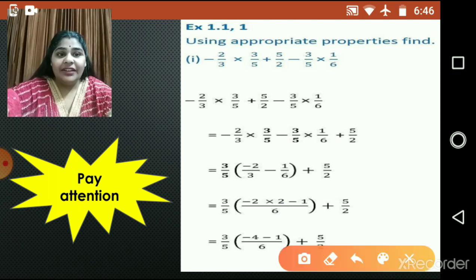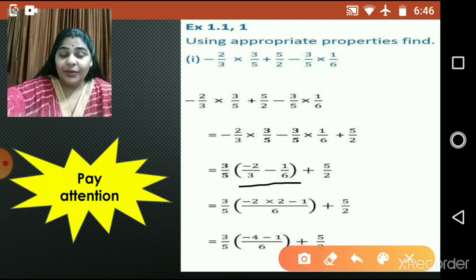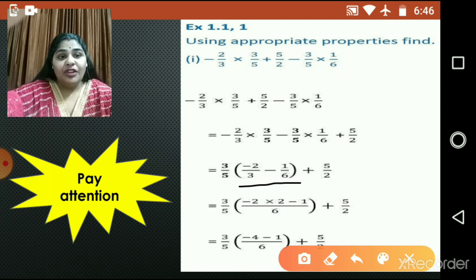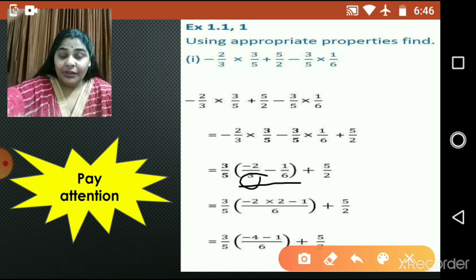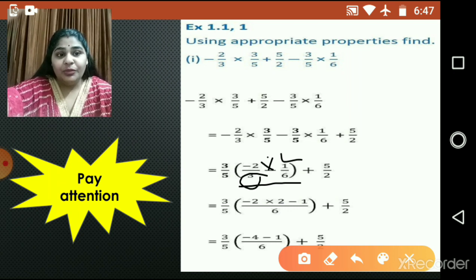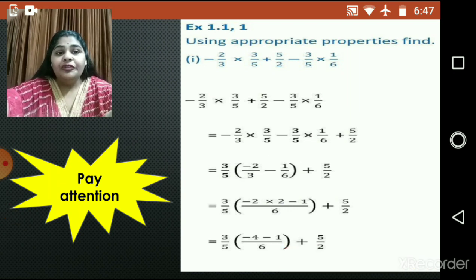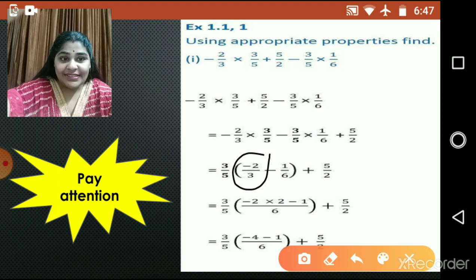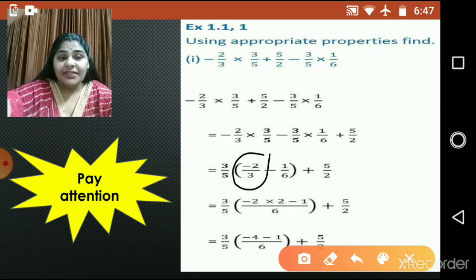Now if you see here in the bracket, directly we cannot do addition or subtraction. As I told, you have to first take the LCM and bring the denominator same. So now if you see here is 3, it will be multiplied by 2, right, to bring it 6. That means multiplying 2 in numerator and denominator to the first term, right? So it becomes 4 upon 6 minus 4 upon 6, and 1 upon 6 as it is. That means denominator common 6 and numerator will be minus 4 minus 1.